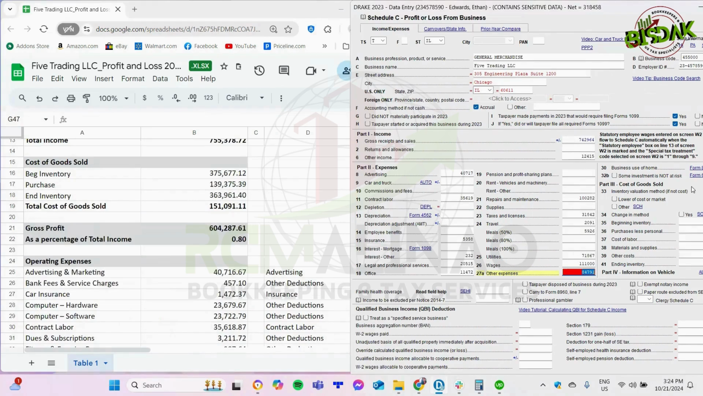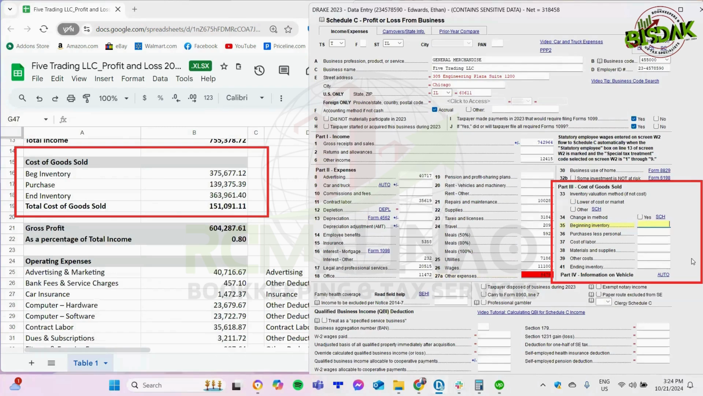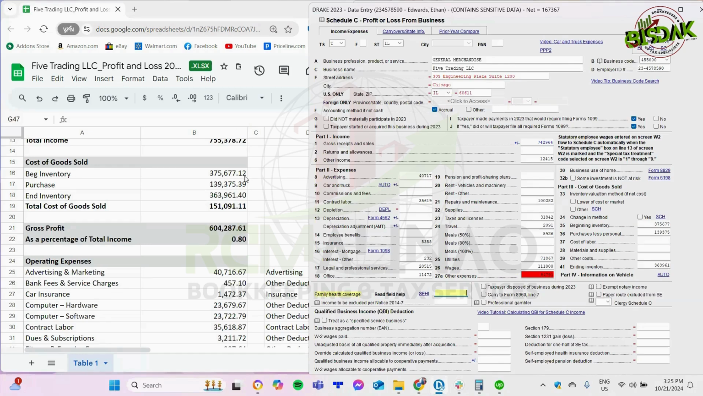Next one is part 3, cost of goods sold. Just input here the beginning inventory, 375, the purchases, 139, 375, cost of labor, 9, and then ending inventory of 363,961.40. So after entering the data from your profit and loss statement into the Schedule C data entry in Drake 2023,